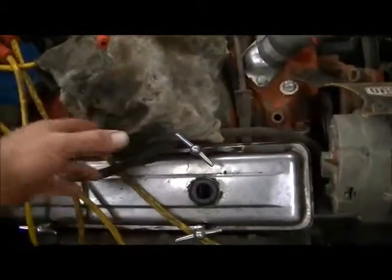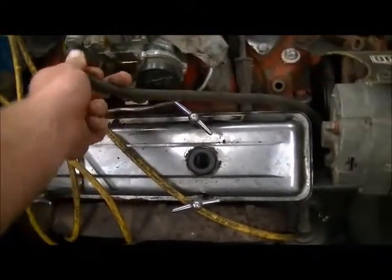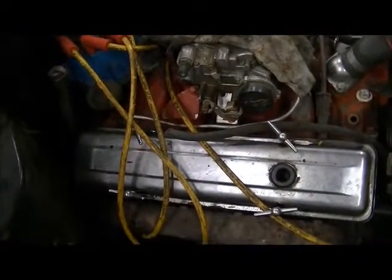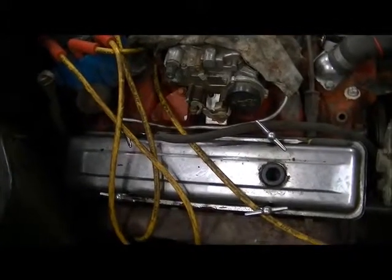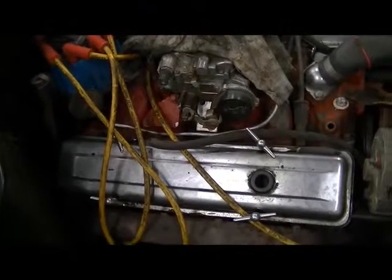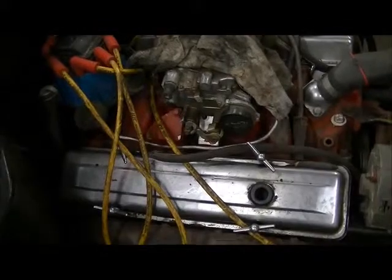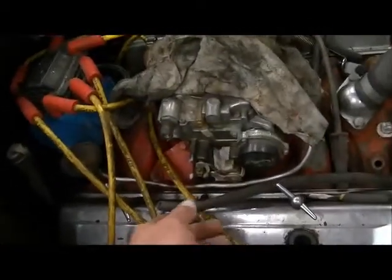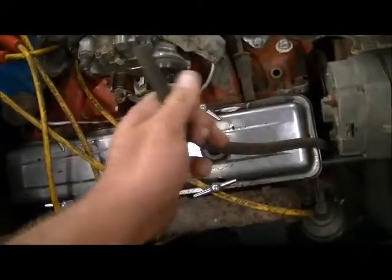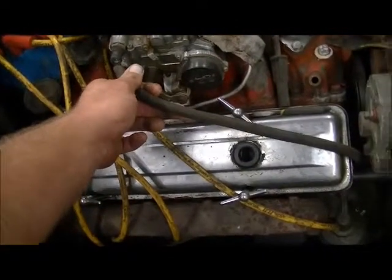And I gotta reconnect this gas line. Because I was using the wrecker one day to pull the truck out of the barn, and my gas line busted going from the fuel pump over to the metal gas line that goes up to the carb. I just needed like 3 inches of fuel line, and I didn't want to run all the way to town for 3 inches of fuel line, so I thought, well, this is going to be tore down for a while, so I just went ahead and cut it off. I thought I left me enough slack to reconnect it there, but I might be able to run it, but don't look like it's going to happen. But anyway,